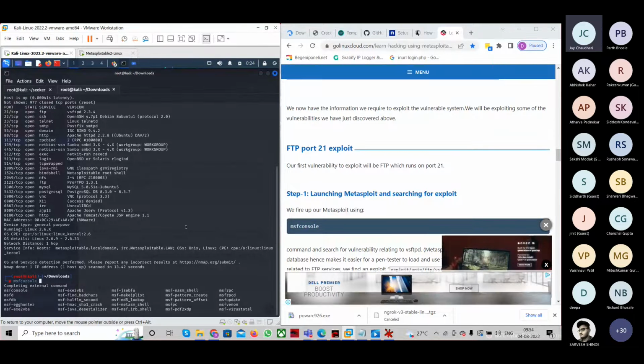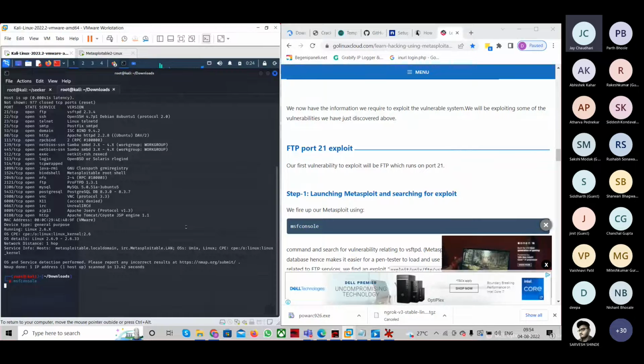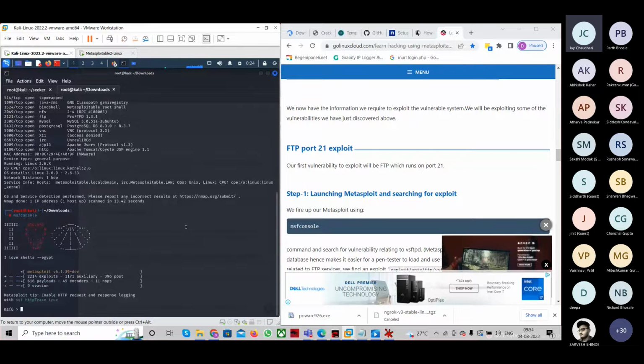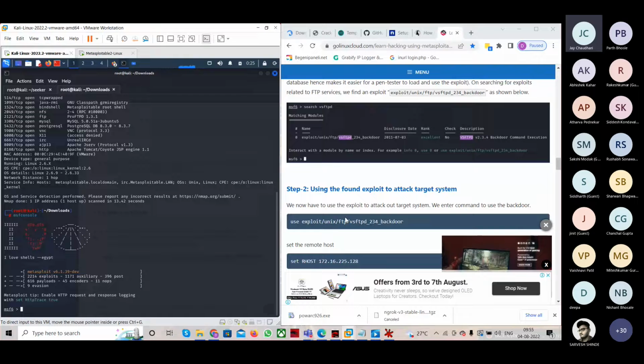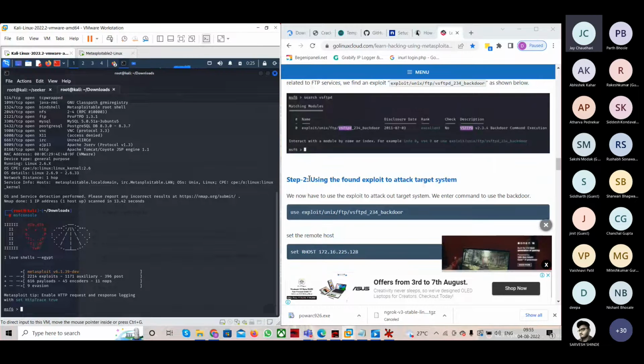ये फ्रेमवर्क है जिसके अंदर ऑलरेडी मैंने एक्सप्लॉइट्स डाले हैं, आप फाइंड करेंगे और आपको कोई पर्टिकुलर एक्सप्लॉइट बनाना नहीं पड़ता। सो इस एक्सप्लॉइट का यूज करके आप वल्नरेबल मशीन का एक्सेस ले सकते हैं। ओके, सो मेटास्प्लॉइट रन हो चुका। इसके बाद मुझे क्या करना होगा, वहाँ पे VSFTP सर्विस रन कर रही है, सो मुझे उसके बारे में पहले देखना पड़ेगा।